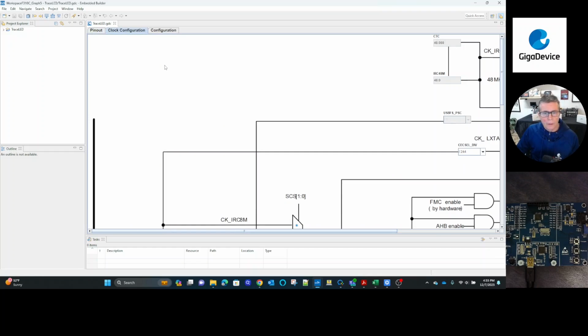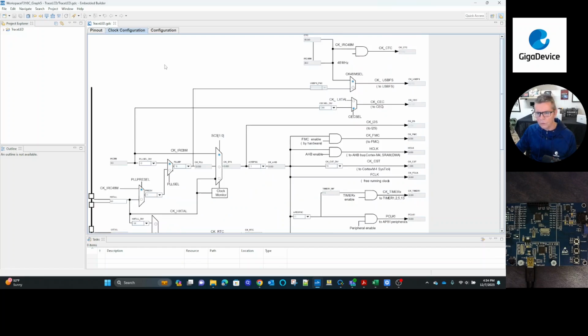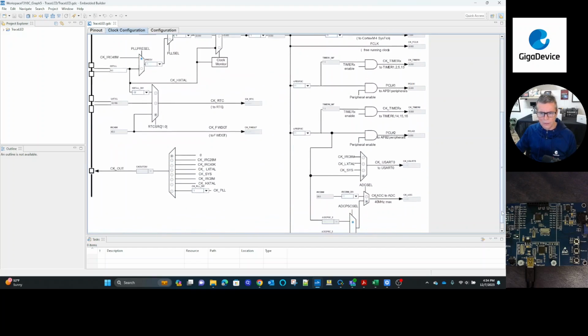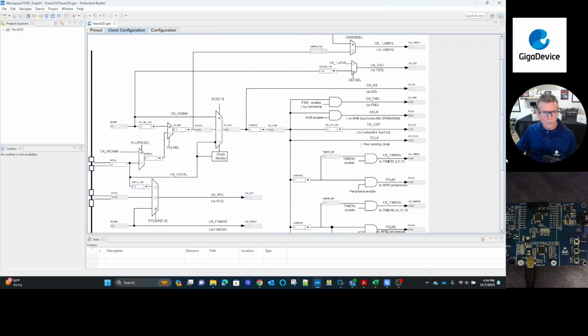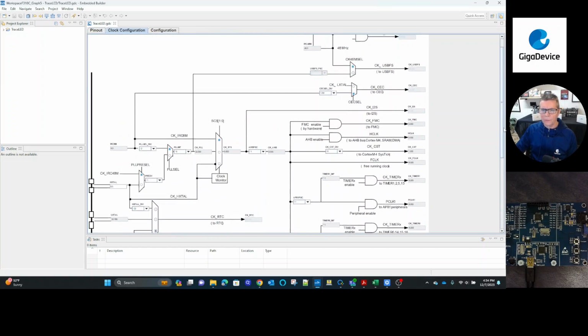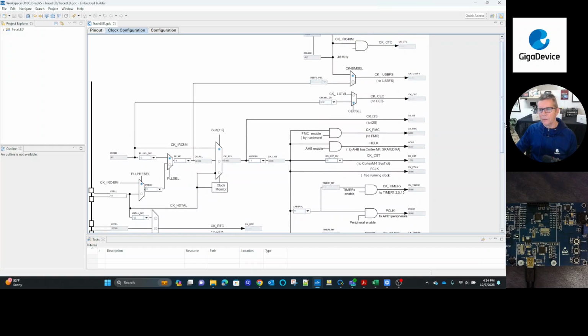So next we're going to go into the clock configuration tab. We can't see a whole lot here, so to zoom out, I'm going to hold Control on my keyboard and use the wheel on my mouse to zoom out. So now you can see the entire clock tree here if I scroll down. So the clock tree is only configurable per the functions or the modules that you've set up in the pinout tool itself. So we do have an external high-speed oscillator and a low-speed external oscillator that we've set up and selected